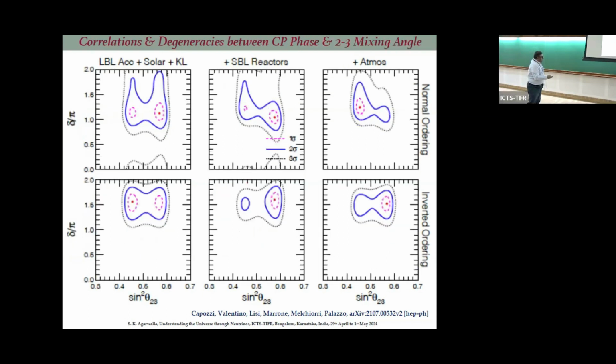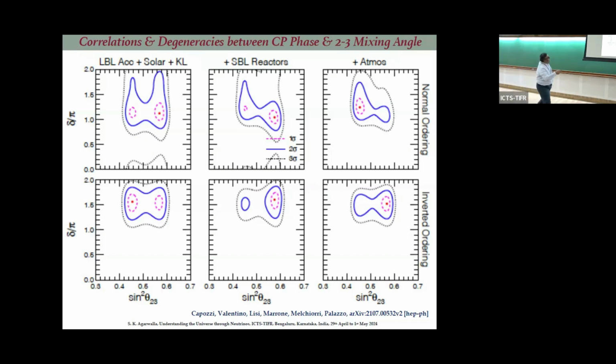Okay? Now you go to the last piece, theta 2, 3 and delta CP. These are the two most unknown parameters in the three-flavor paradigm. Right? Delta CP is almost unknown. We know some ranges, and for theta 2, 3, I told you 40 to 50, anything is allowed. So now in this plane, the correlation is even more interesting. You see, this is the pattern you will get if you just rely on this data set.